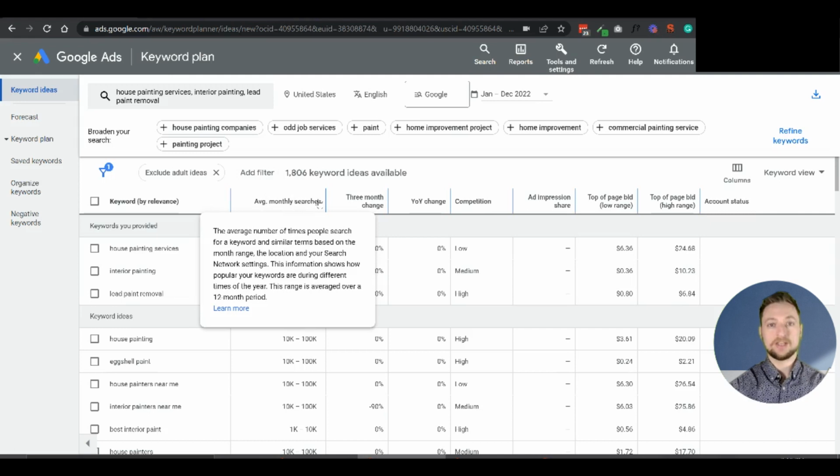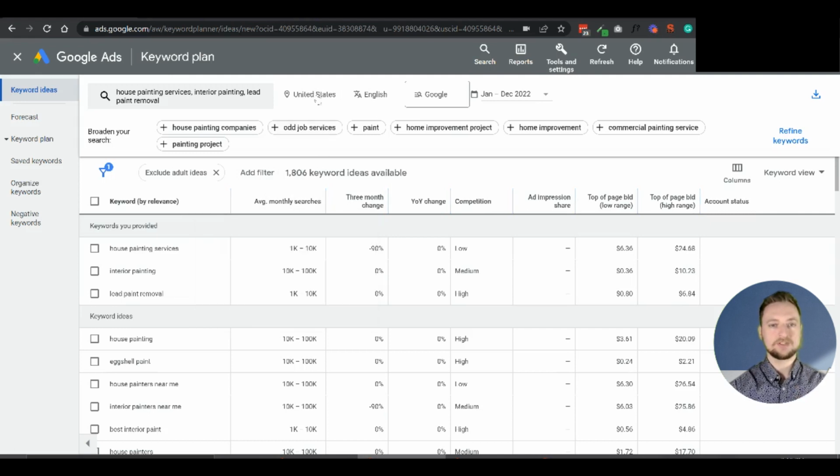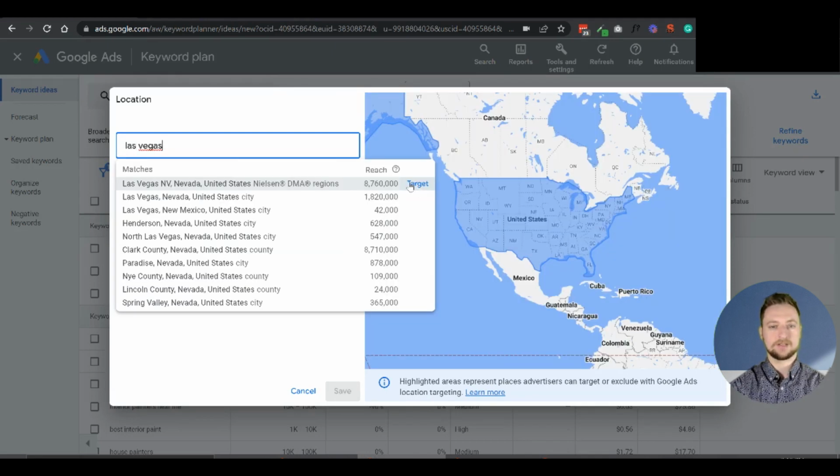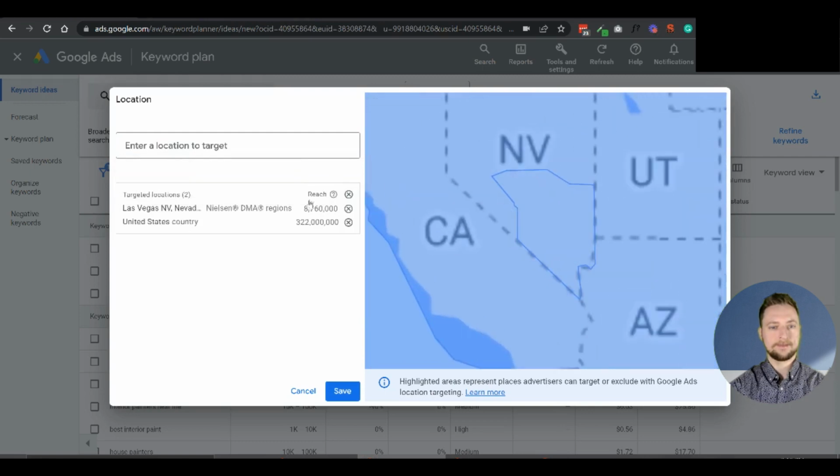Now here's where we're going to narrow it down to your specific region. So where it says United States here, you can click that pen, and now we're going to say maybe we just want to do Las Vegas. There we go. So now I'm going to click Target here. And then I want to make sure I remove the general United States region as well, so that we're not including the 322 million